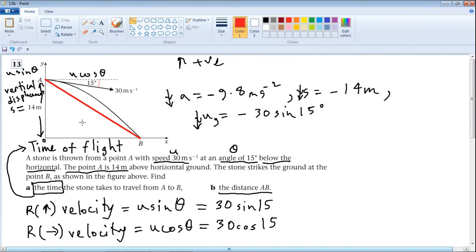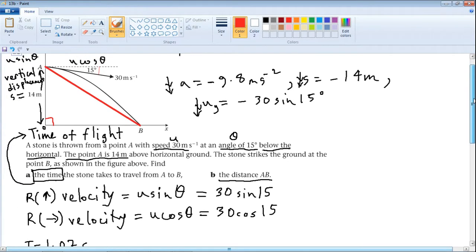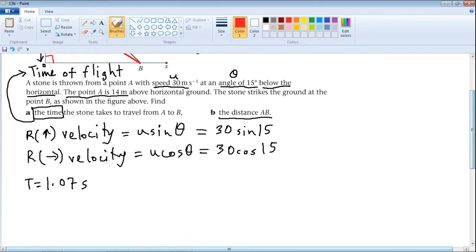If you can see, we know that this is a right angle. Here it is the right angle. So we know AO, and we can also know OB. So how are we going to find OB? It's simple. We are going to find the horizontal displacement, which is in other words called range. Now we are going to resolve horizontally.